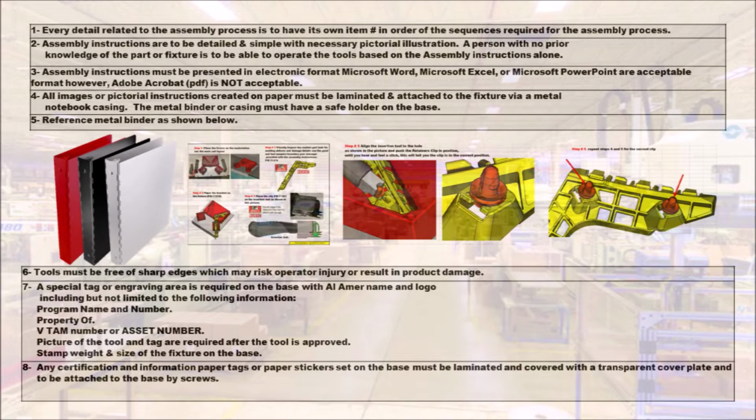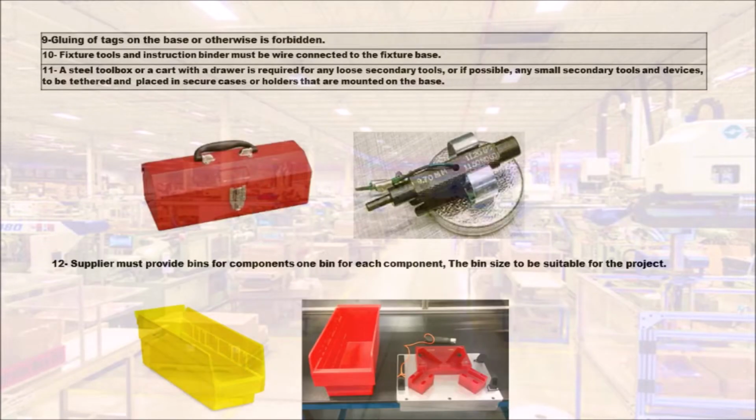8. Any certification and information paper tags or paper stickers set on the base must be laminated and covered with a transparent cover plate and attached to the base by screws. 9. Gluing tags on the base or otherwise is forbidden. 10. Fixture tools and instruction binder must be wire connected to the fixture base. 11. A steel toolbox or a cart with a drawer is required for any loose secondary tools, or if possible, any small secondary tools and devices to be tethered and placed in secure cases or holders that are mounted on